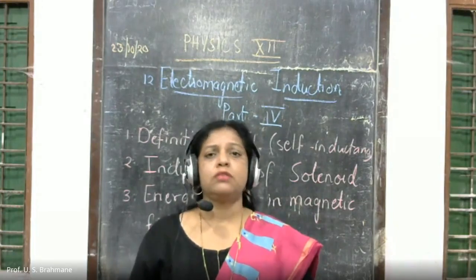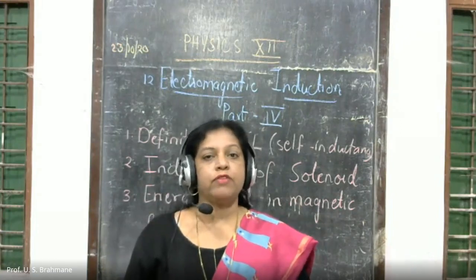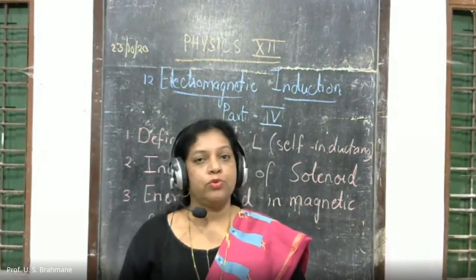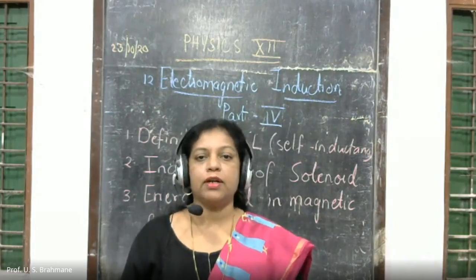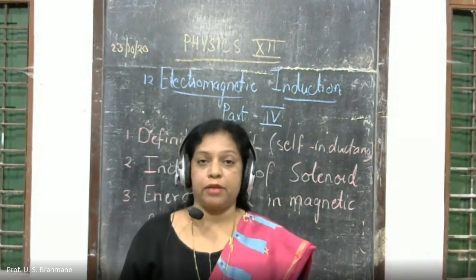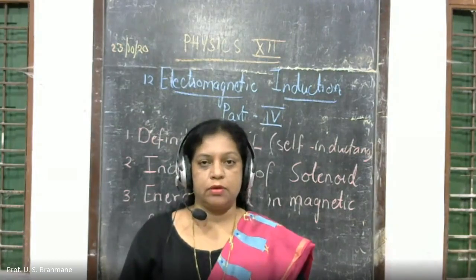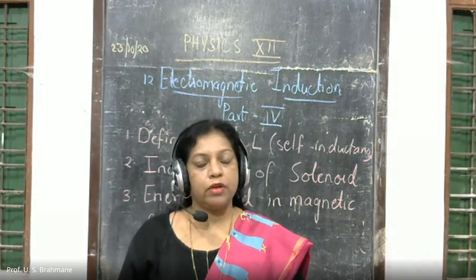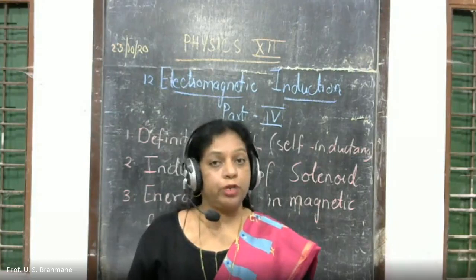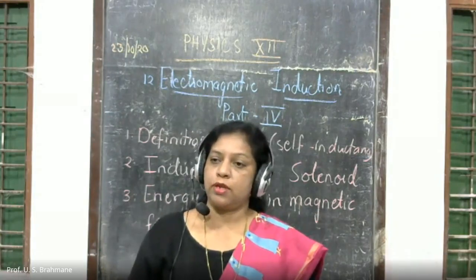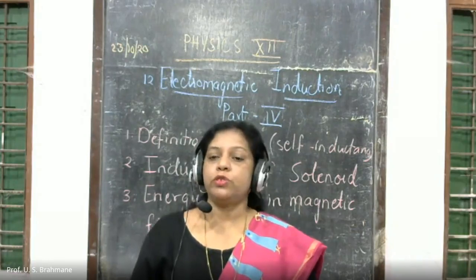Now, what are the applications of eddy currents? I gave you this as homework last time. We have seen that eddy currents are used in trains. When the trains are at speed and suddenly some hurdle comes in between, they apply the brakes. In that case, a magnetic field is applied, the brake works because of the eddy currents, and the train stops. Similarly, it is used in the speedometer, and as a metal detector.